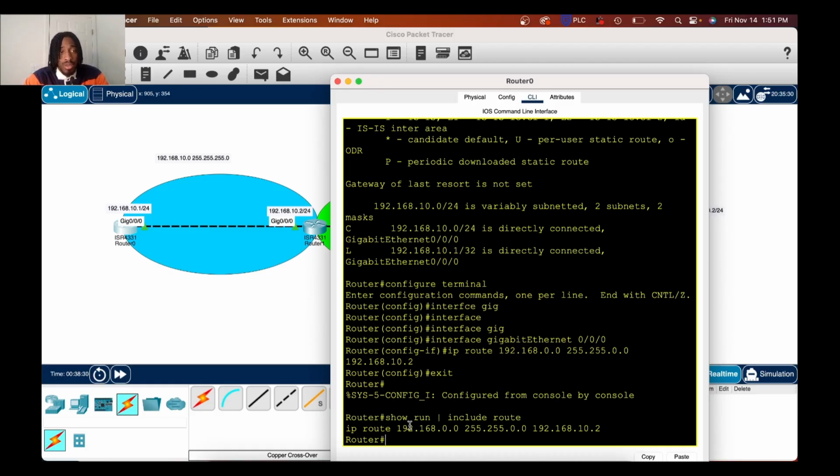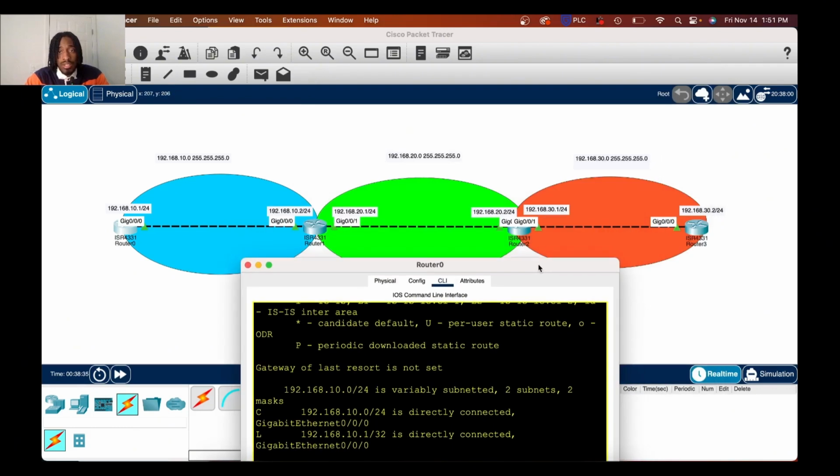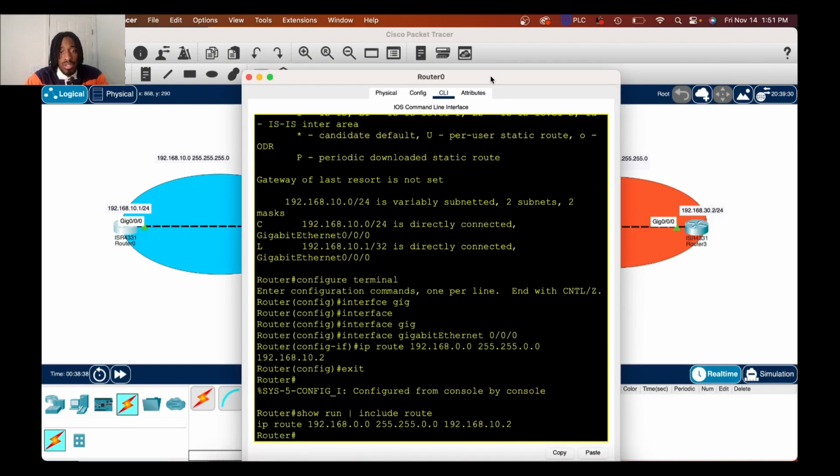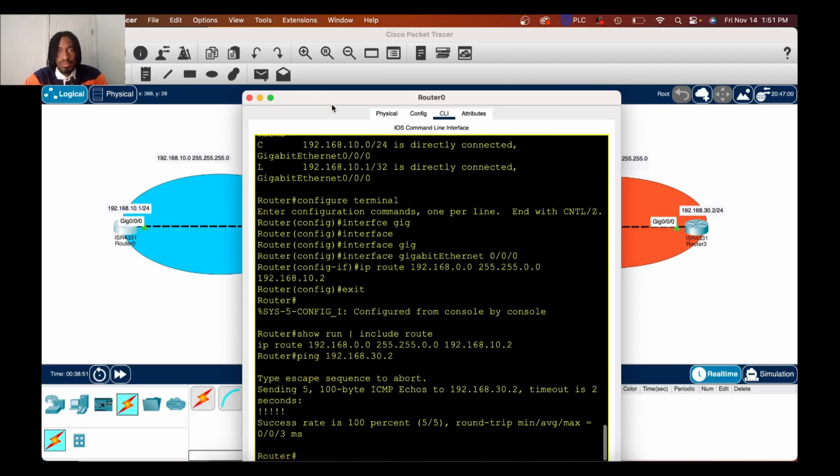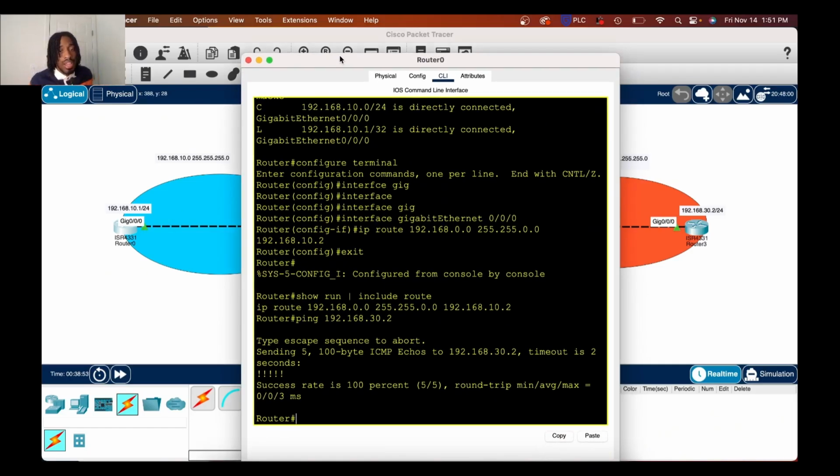And our final action, we will go ahead and ping again to show that this is still able to reach each of these networks. So we are still within router 0. We'll type in our ping command 192.168.30.2. We want to reach this end from this router. All right, and there you have it. Success rate is 100%. So what we did here today was configure 3 different networks using 4 routers,